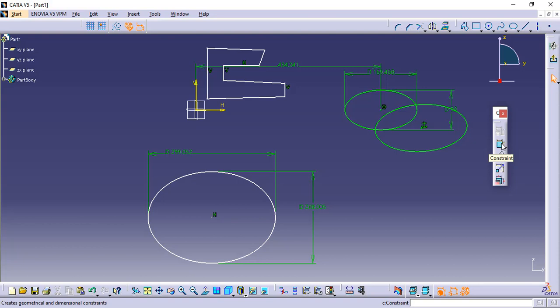I want to use it multiple times, or I can use it 2 times because I need to define the horizontal measure distance and vertical measure distance. So I will double click over the command so I can use it multiple times. Double click. Now I will click on the center and I want to define the distance from this. It will give me the shortest distance. I want the horizontal measure distance, so you need to right click, horizontal measure distance. Now in the same way you need to click the center, again this center, right click, vertical measure distance. Now this figure is constrained.